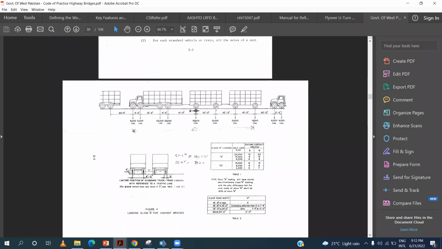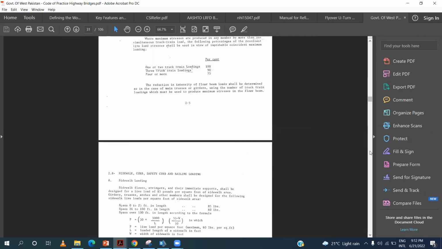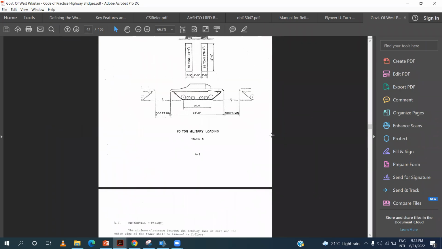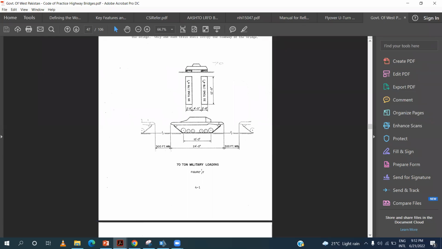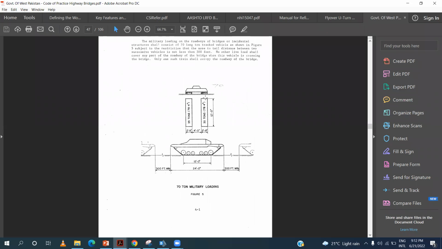This is one of the live load trucks that we use for bridge design. It is known as the class A truck. We just use this code for this live load model, and there is another, the military class loading. Apart from these two live load models, we do not use this code anymore in design,